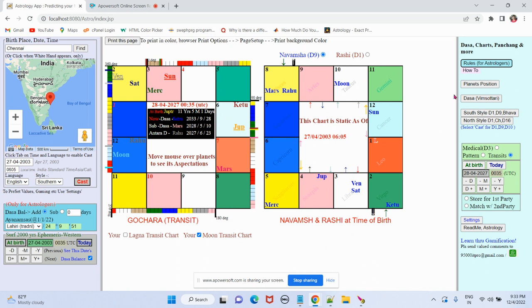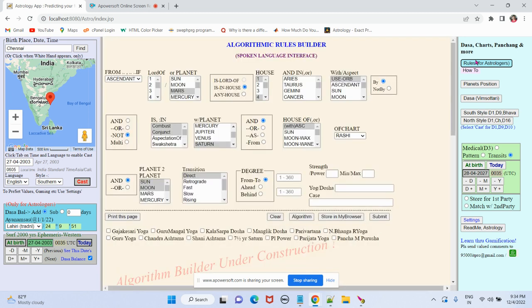What I plan to do is, sometime later I will include more drop down lists, once I publish the Shadbala and the Ashtagavarga.